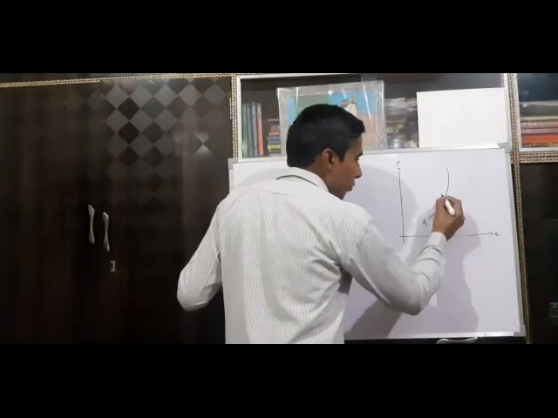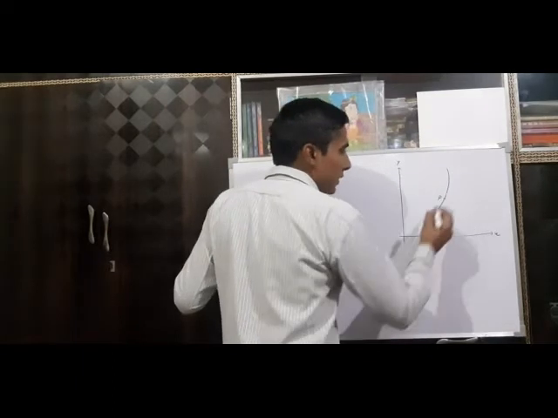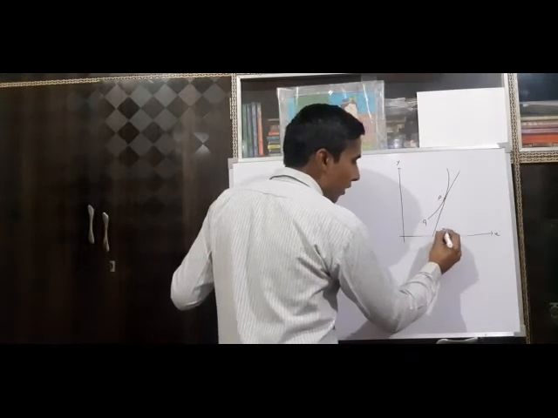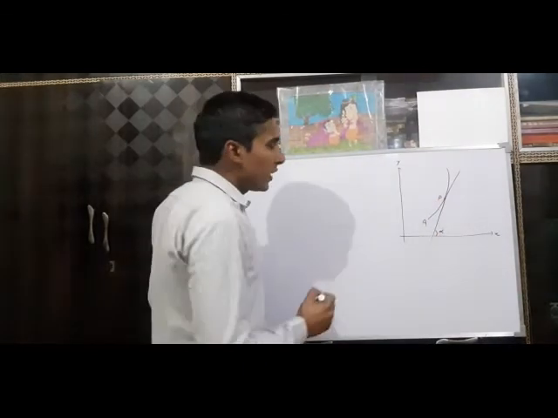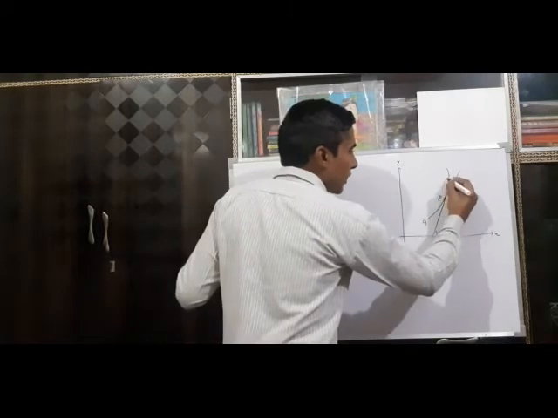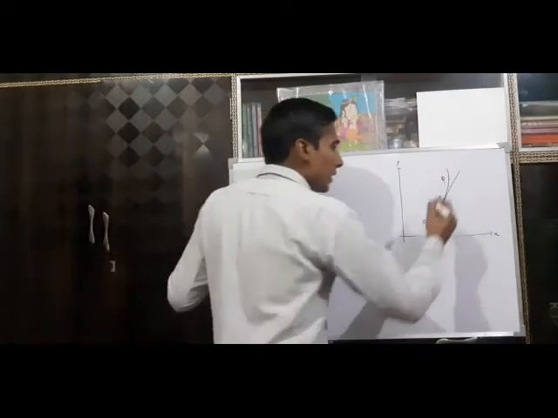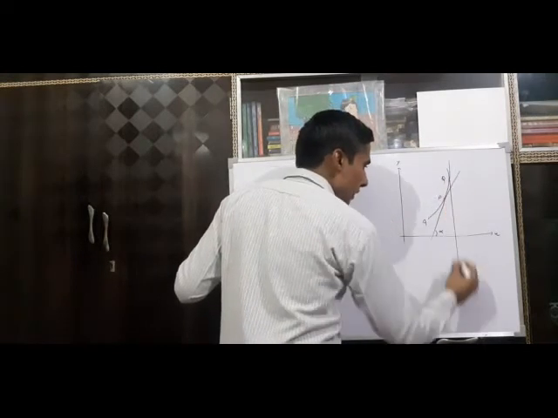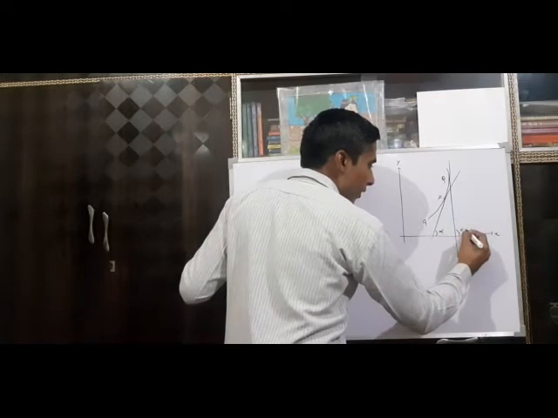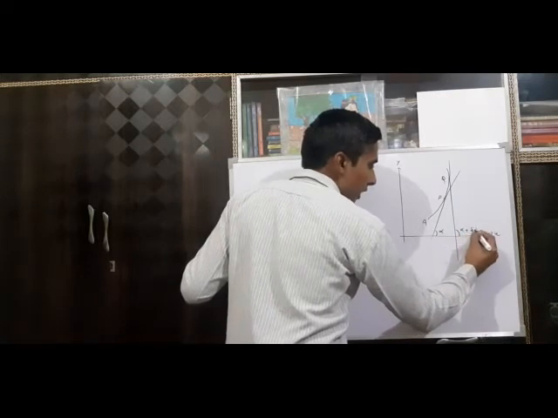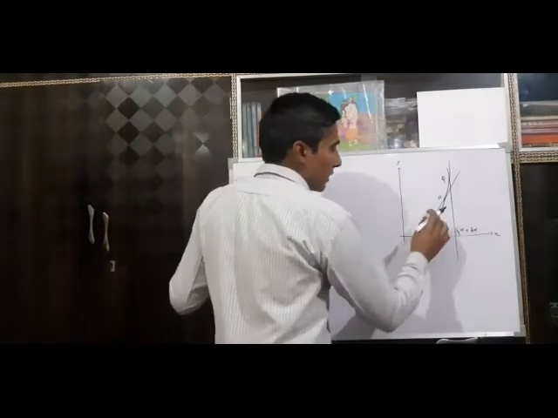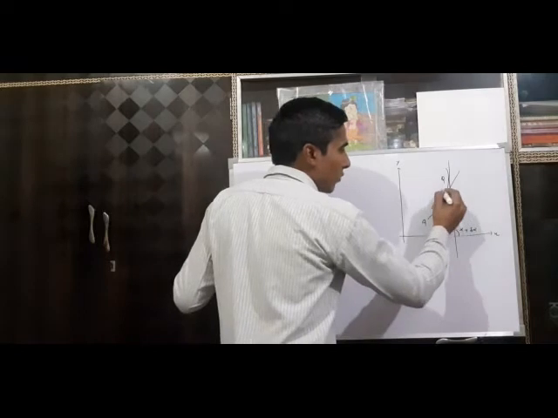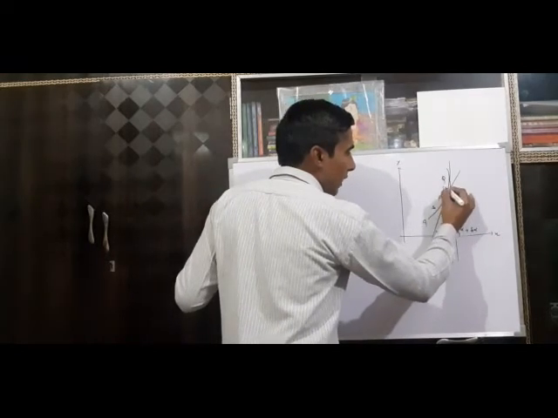If we take the point P, then this is the tangent which makes an angle alpha with x-axis. If we take another point which is denoted by Q and we take another tangent from the point Q, it makes an angle alpha plus delta alpha. Now the length of this arc AP is S and the length of arc PQ is del S.